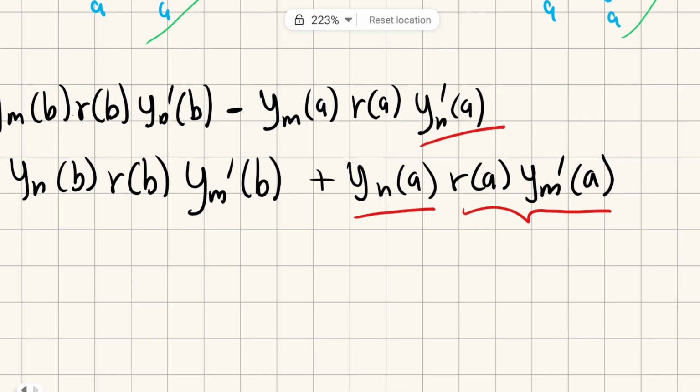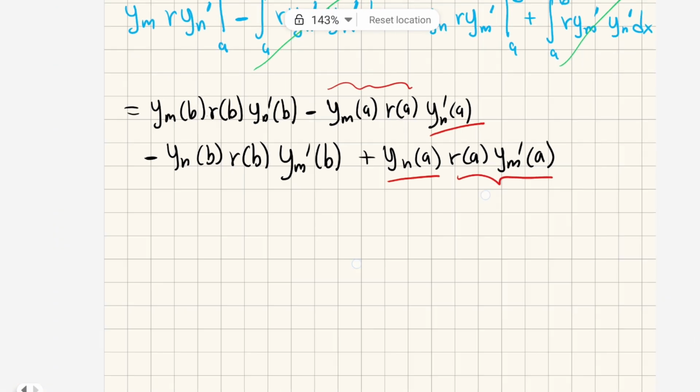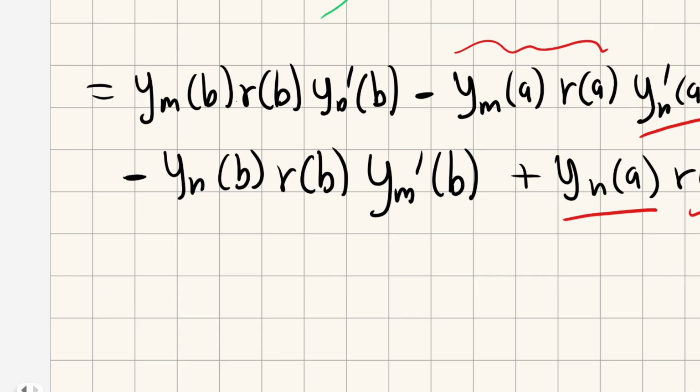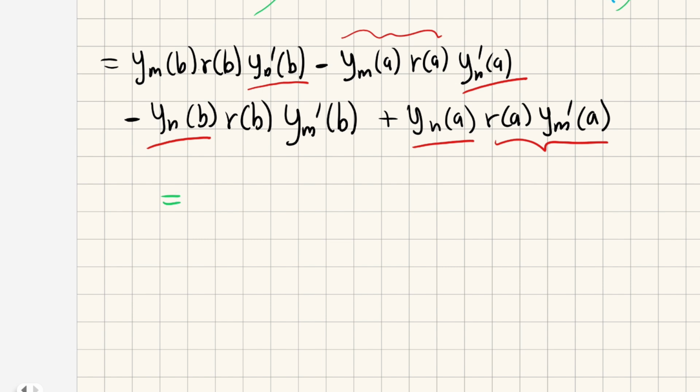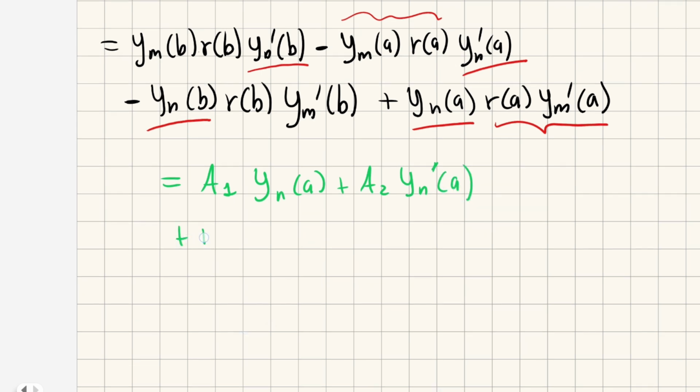So that happens again in this case because we are evaluating the functions at a. So we have a constant times the derivative evaluated at a and a constant times the function evaluated at a. And you can easily see that that same thing happens here, but with the function evaluated at b and the derivative of the function evaluated at b. So the thing here is that we are going to get something of the form a1 yn(a) plus a2 yn'(a), and then plus b1 yn(b) plus b2